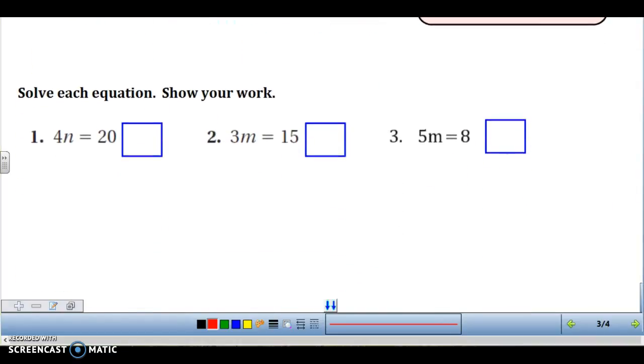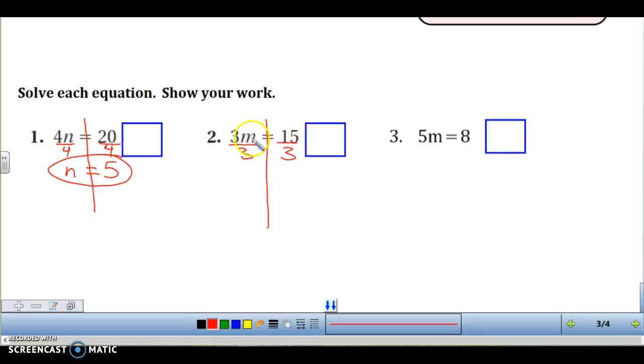If we try it with these, okay, we have 4 times n, or 4n. If we divide that by 4, draw our line of equality. What we do to the left, you must do to the right. We end with n equals 5. It's a single step equation. There's only one step required to find the solution. Here,